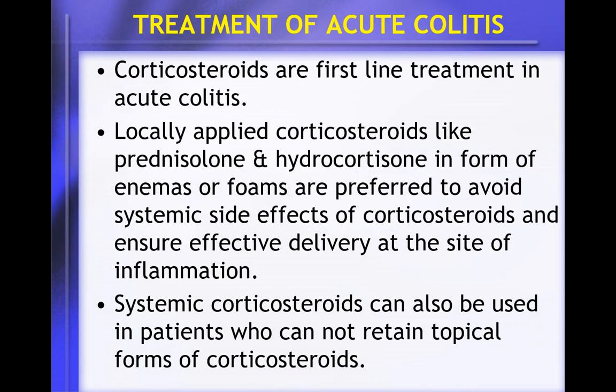The acute colitis is treated mainly with a group of drugs known as corticosteroids or glucocorticoids. These glucocorticoids are beneficial in the treatment of acute colitis because they have a prominent